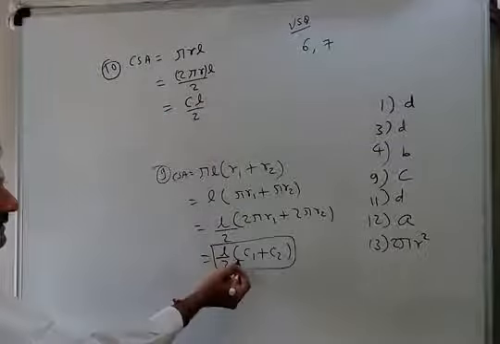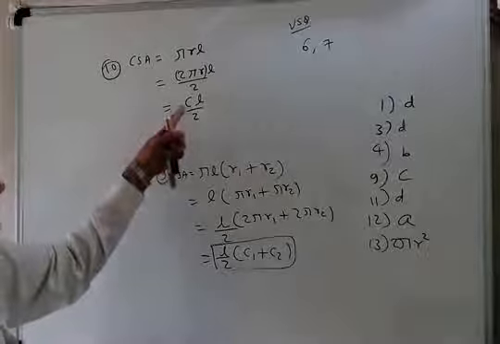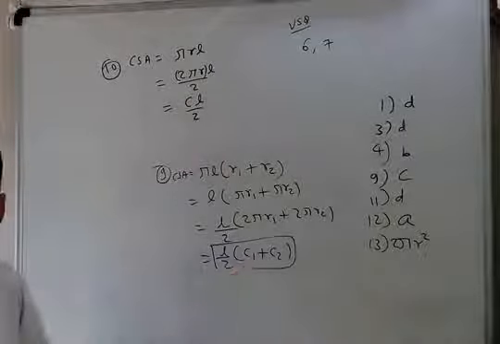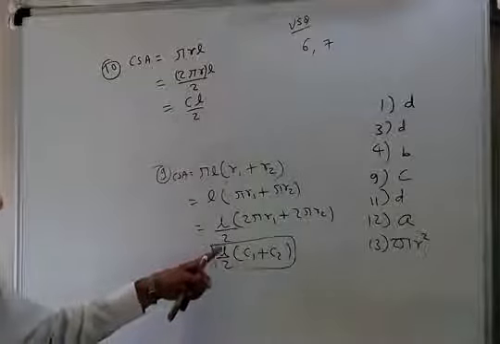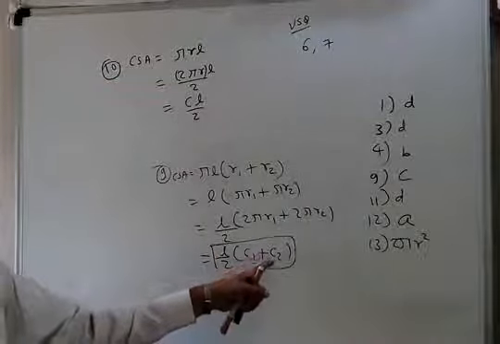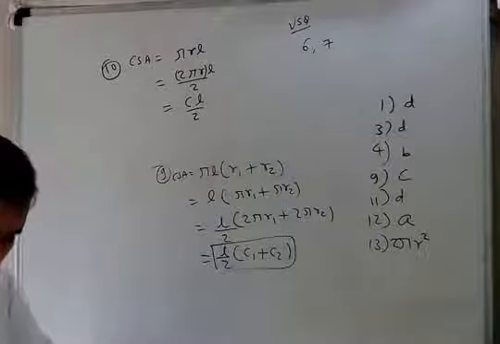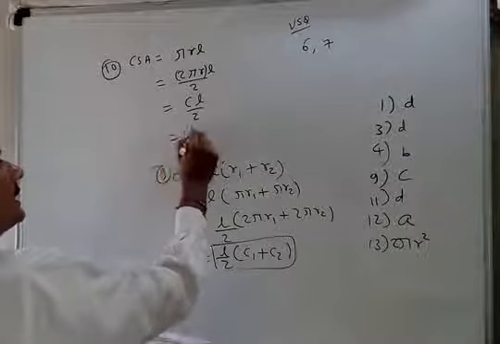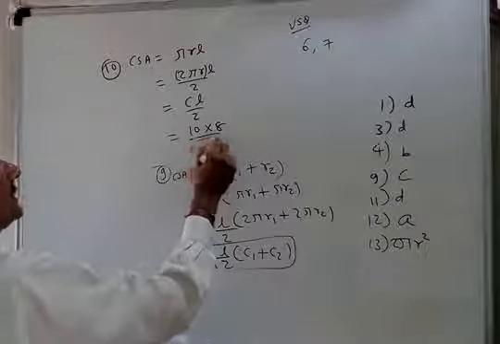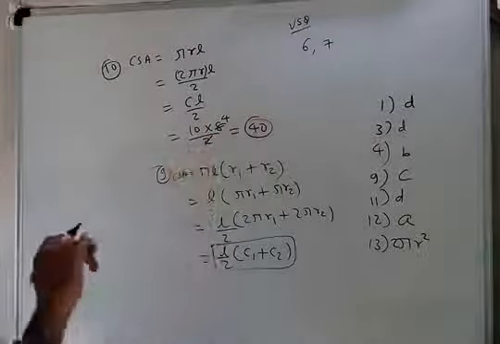So just like this is the formula of CSA in terms of circumference, here also in terms of circumference. Same only, here also upon 2, here also upon 2, into L. Here 2 circumferences, here only 1 circumference. Now place value. How much it is given? Circumference 10, slant height 8. Okay, so 80 by 4, otherwise 4 tens are 40.